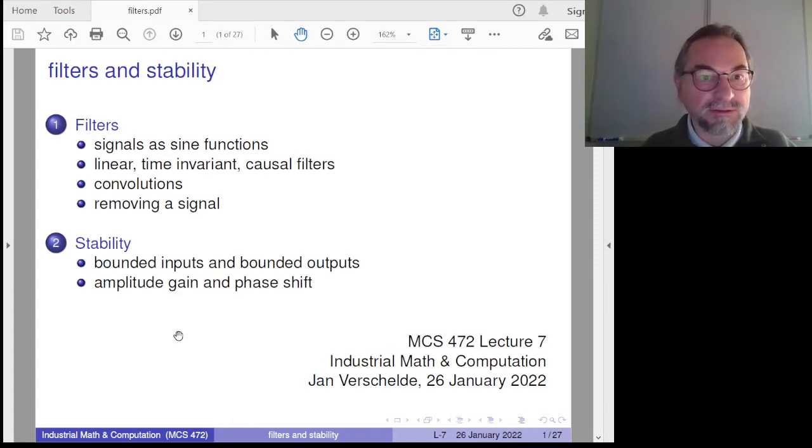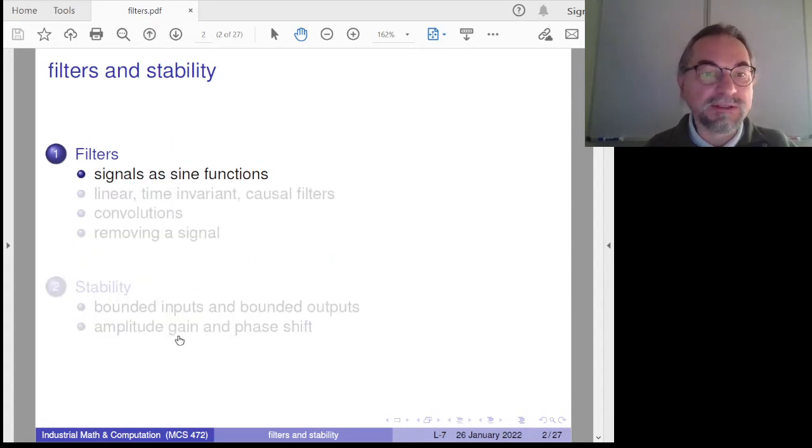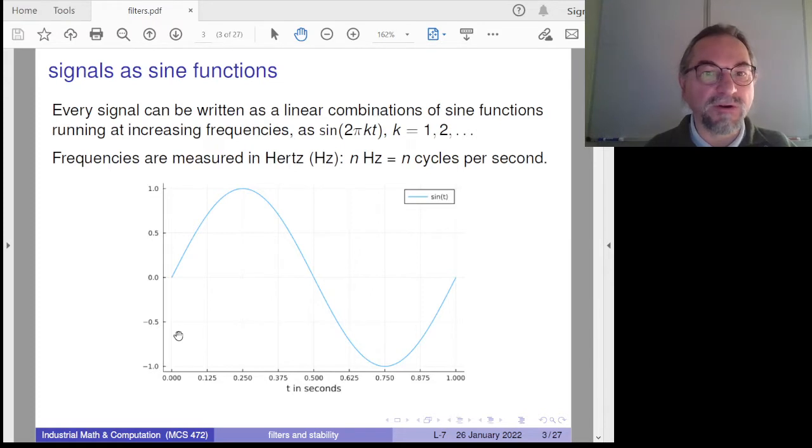Okay, so let's start with the beginning first. So this lecture can still be viewed as much as possible as self-contained of the previous lecture. So let's start by seeing sine functions. So look at signals as a sampling of a sine function. So later we will get to Fourier analysis and see that every signal is actually a sum of sine functions at increasing frequencies. So here is a sine function, the well-known sine function,